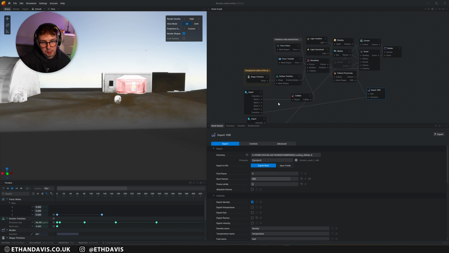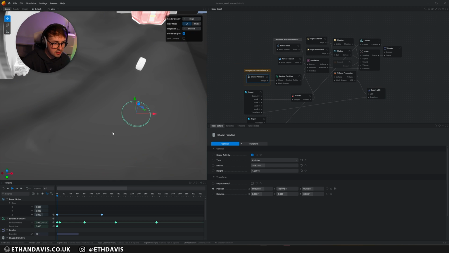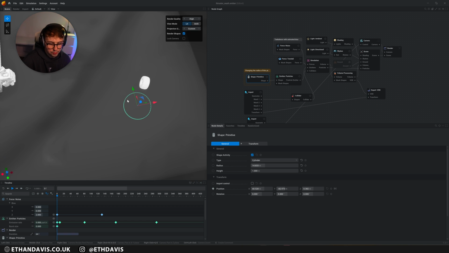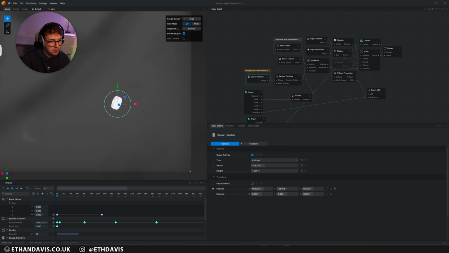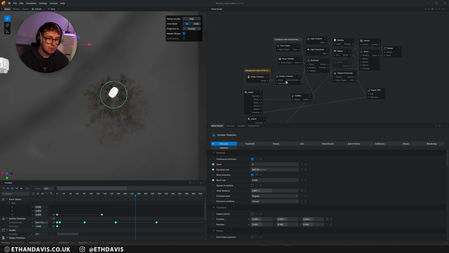Now, the way I've gone about this for this shot is I've got my cylinder and it basically moves wherever this wheel moves. So if I go to top view, you can see it pretty much just follows this wheel, right? Because obviously if the car's moving, the thruster's moving. Now to get this actual shape, obviously I used the preset, but I just changed some of these emissions, right?